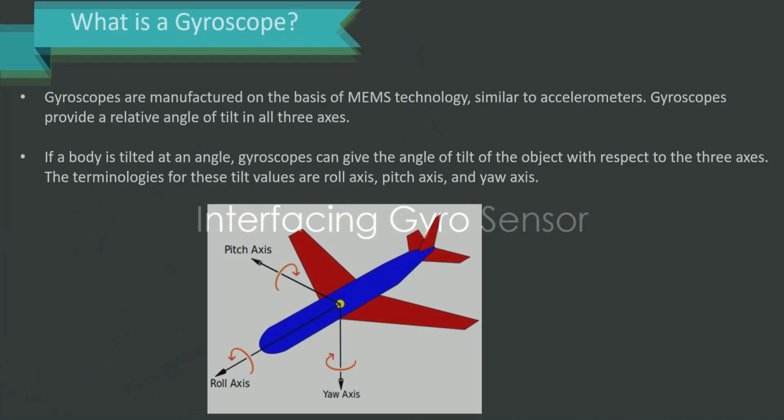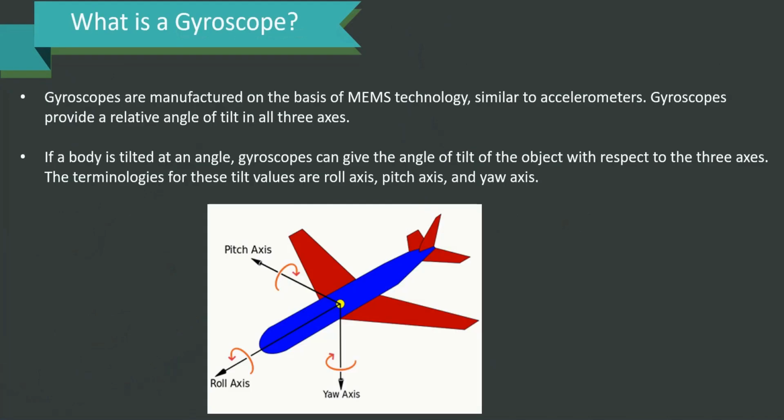Interfacing gyro sensor. What is a gyroscope? Gyroscopes are manufactured on the basis of MEMS technology, similar to accelerometers. A gyroscope provides a relative angle of tilt in all three axes. If a body is tilted at an angle, gyroscopes can give the angle of tilt of the object with respect